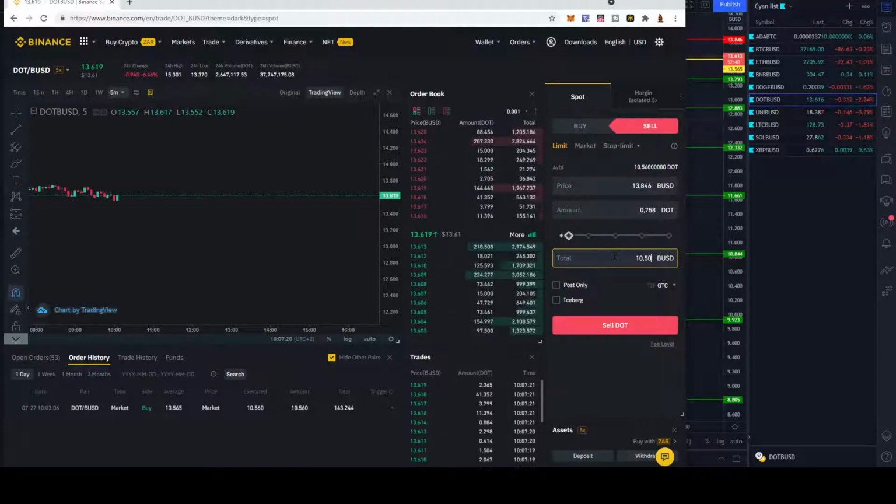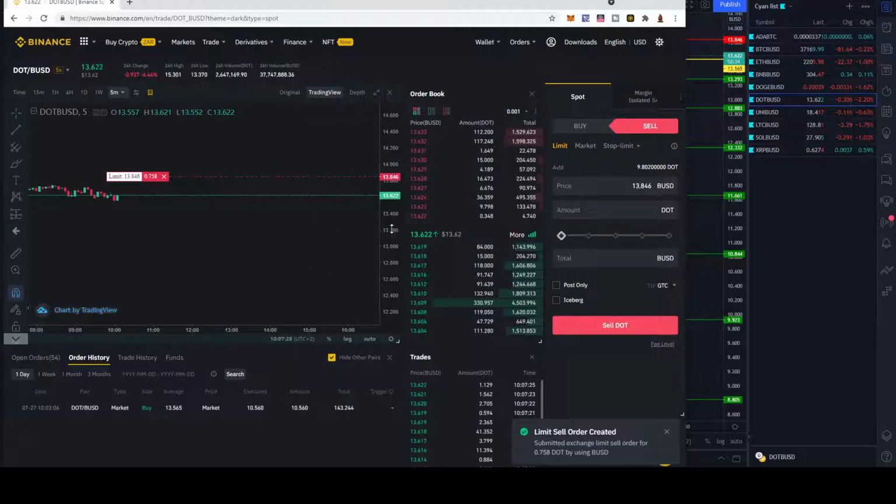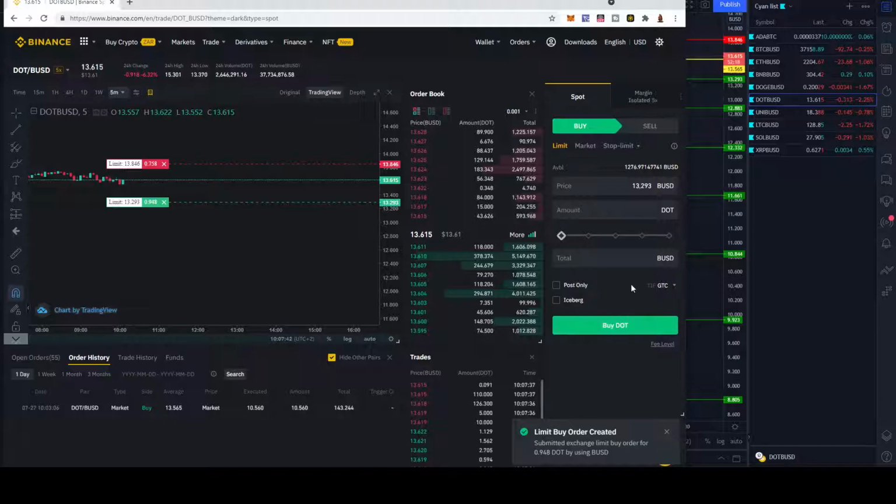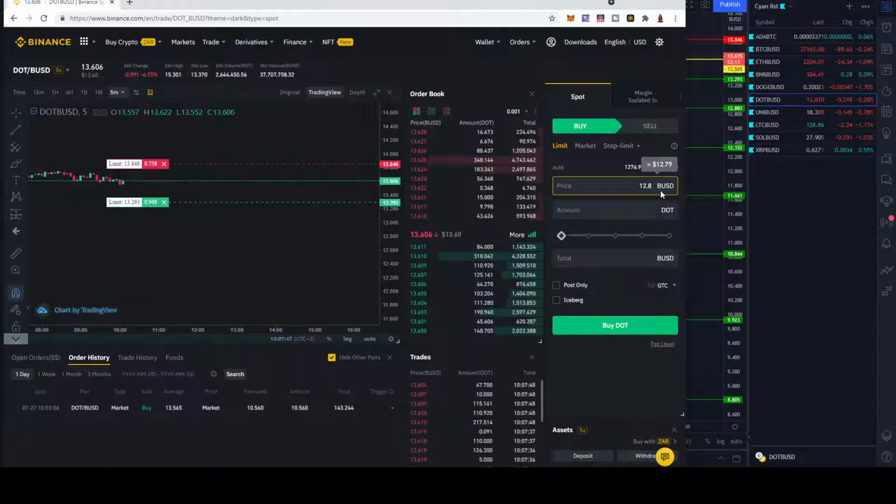Let's put in our first sell order. Our sell order is in for our first profit, and now we'll add the rest of the buy limit orders. My amounts are increasing in a strange way compared to a lot of other people. You can put exactly the same amount on each trade, or you can increase it or even decrease it. There's no saying you need to do it that way. This is just something that's been working for me.